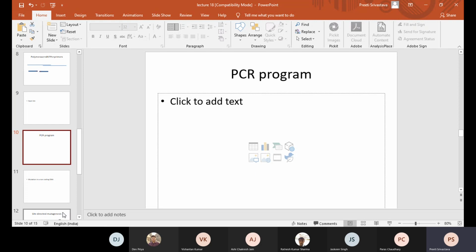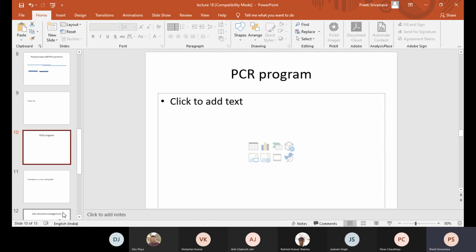Fine, ma'am. So in such cases, class, the other point that I have to tell you, Vishantan, is that it is not a good idea to do PCR of PCR. This is done only and only in rare cases, because if you use a PCR product as a template and then again do PCR, the chances of error increase, particularly if you are using a Taq polymerase. So usually, even if you are using a high fidelity PCR polymerase, doing PCR of a PCR product is not a good idea.